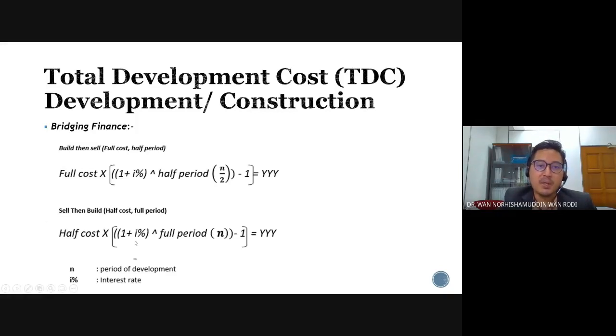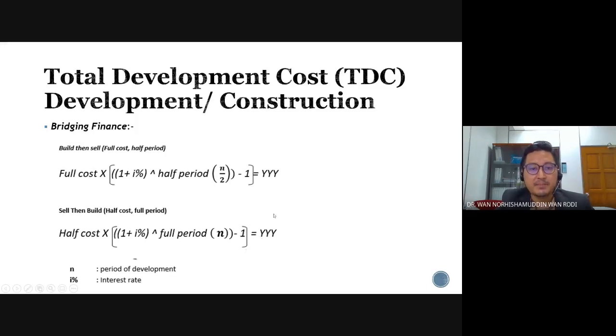And then you multiply with the amount of $1 or the interest payment, 1 plus i% to the power of full period. As compared with the build then sell, the sell then build is estimated at full period of the development. So if the development period is 2 years, you substitute the n with 2 years. 1 plus i% to the power of 2 minus 1. So you have to minus for the principal, and then the final answer would be the interest of